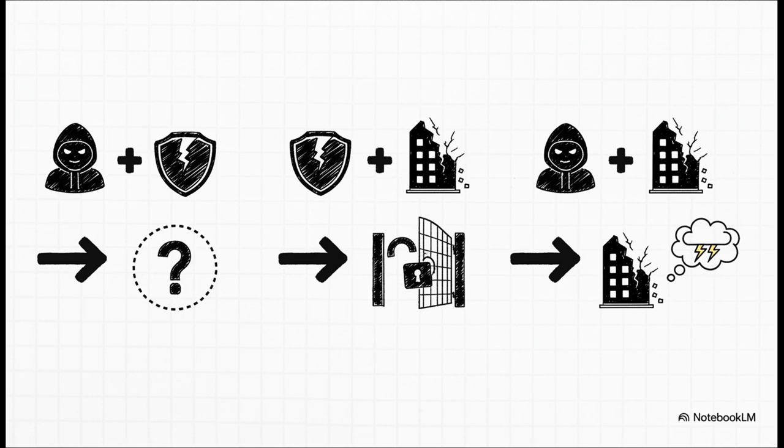And this is where it gets really interesting, seeing how these pieces play together. A threat with no vulnerability is like a thief who can't find a way in. Frustrating for them, but not really your problem. And a vulnerability with no threat is like an unlocked door in a neighborhood where nothing bad ever happens. It's only when they start to combine that we see a real problem forming.